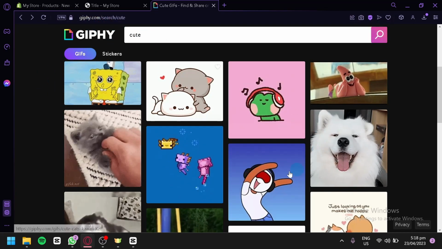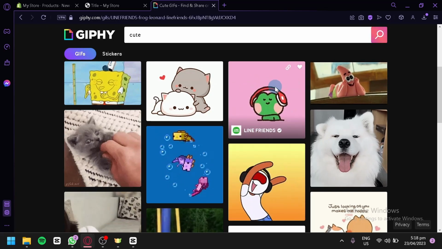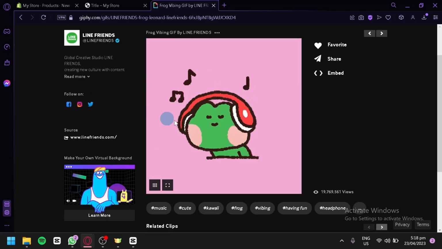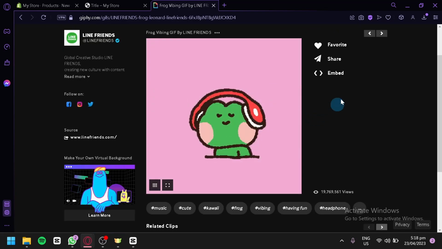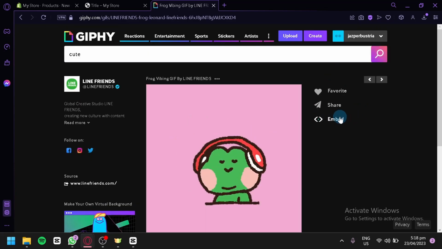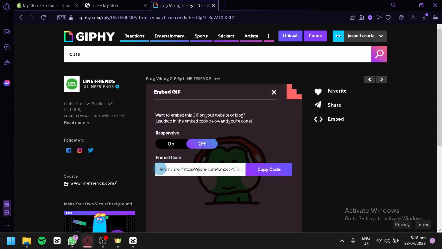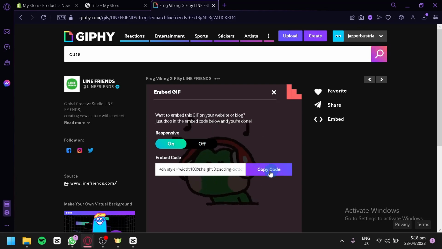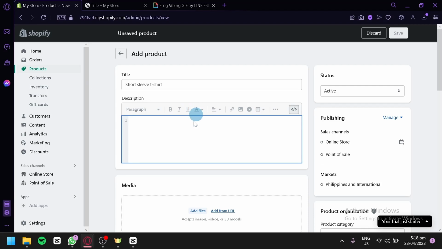Now you're simply going to select the GIF that you like. For example, we're going to go with this one. And over here, we are able to see a close-up of our GIF. And as you can see here on the right side, we have an embed option. You're simply going to click this, and you would be able to receive a code over here. You could turn on responsiveness if you want, just like this. And we're going to click on copy code,